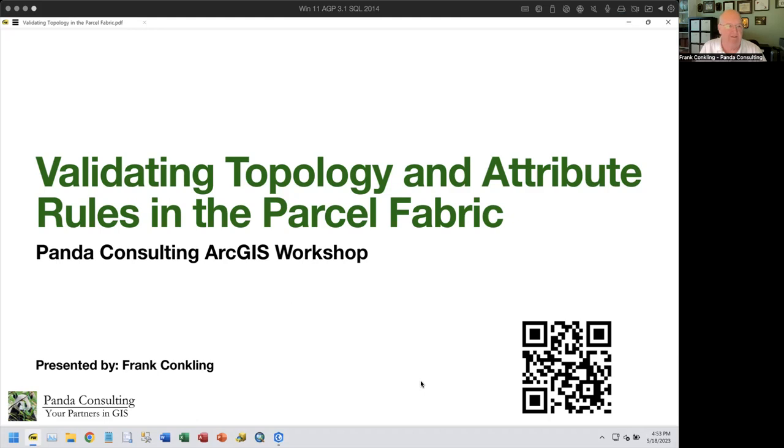Today, we're going to look at something a little bit more intense than what we've been dealing with previously. This is validating topology and attribute rules in the parcel fabric. So if you're in the parcel fabric, there are some additional components to validating topology that you want to be aware of. So we're going to go over that today. We're also going to go over validation rules and look at that,